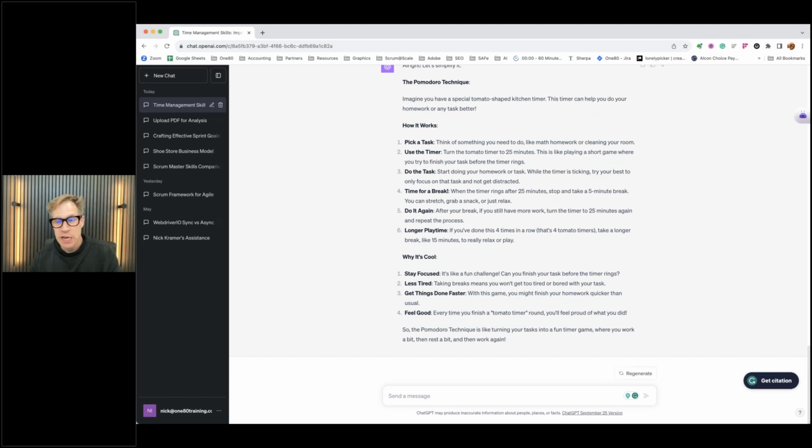I actually use this, explain it as a 4th grader, when I'm creating classes quite often, because the first time you explain a subject, even if you're working with adults, you've got to have it pretty basic. And then the next time you walk through the next iteration of explaining it, then maybe you can explain it in more detail. Right? I might not use some of this jargon, but it definitely tells you how to break it down in simplest terms.